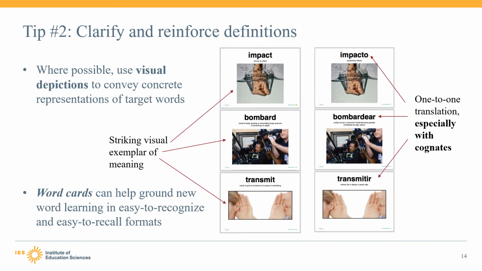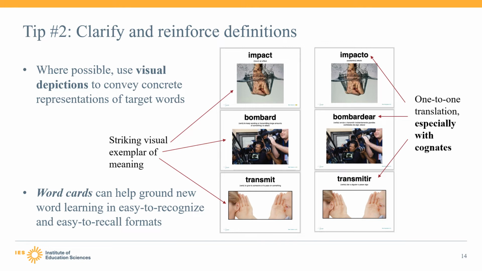So impact has this beautiful picture of somebody punching into a tank of water. Bombard, in the sort of metaphorical usage that is being conveyed here, is depicted as well. And then transmit. It's not as if pictures are definitions, but they're enough to get a conversation started and to help students sort of map and have a quick recognition of these new words